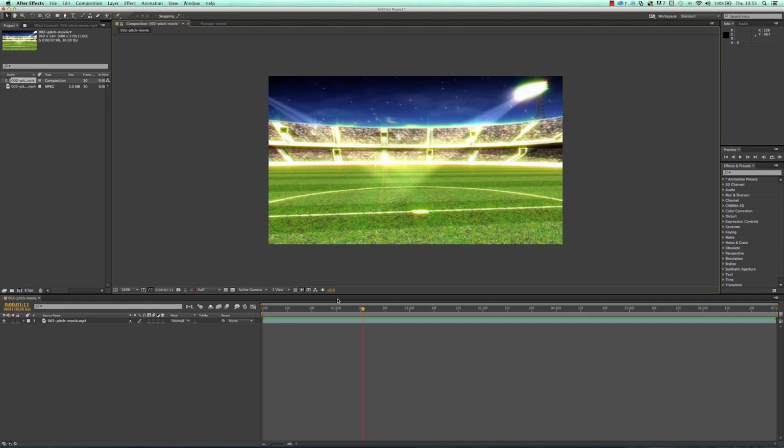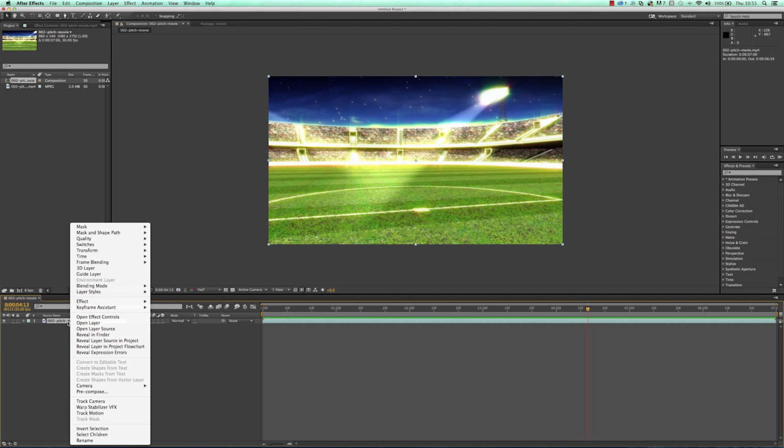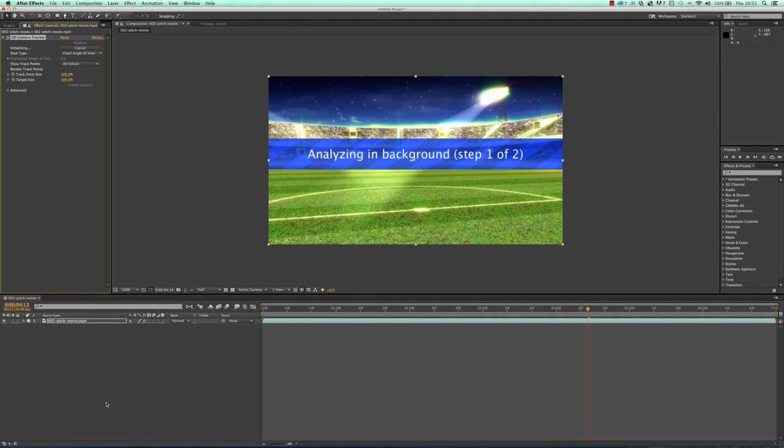So the first thing that we need to do is, I'm just going to scrub to a point like about there, and it's very easy to get the tracking data now with After Effects because there's a brilliant built-in tool. You right click on the layer here and choose Track Camera, and what that does is it analyzes the background in the background, and it looks for tracking points, and you'll see up here it's calculating all of these. This will take longer or shorter depending on the size of the movie that you've got, and then it will attempt to solve the camera. So this sequence just takes a short while, so it won't take long here.